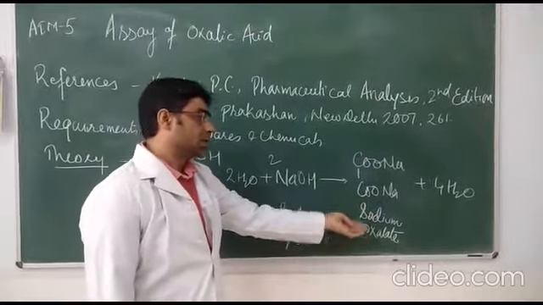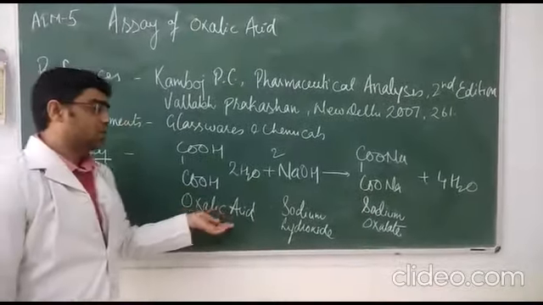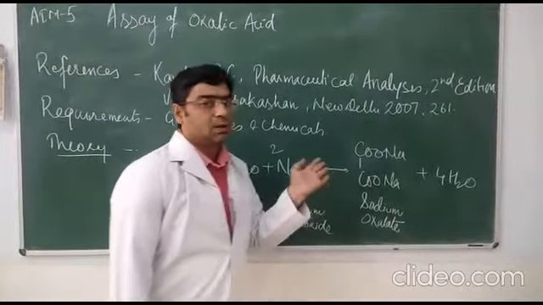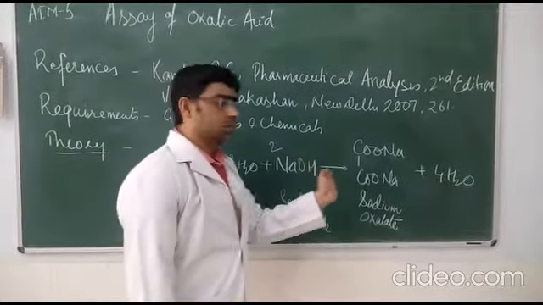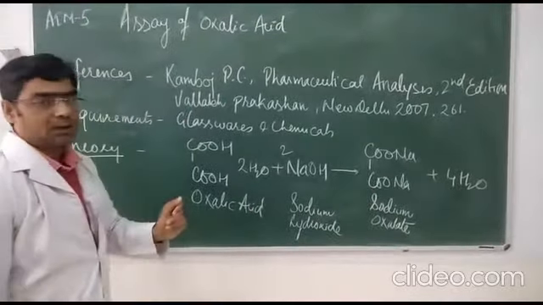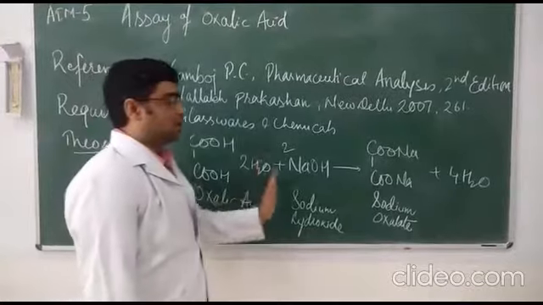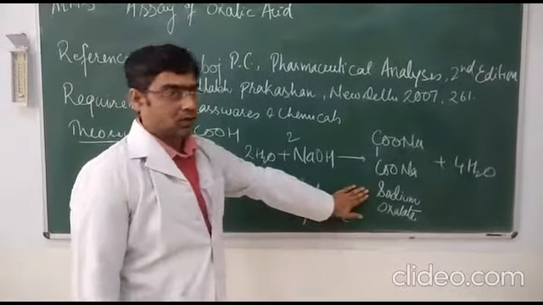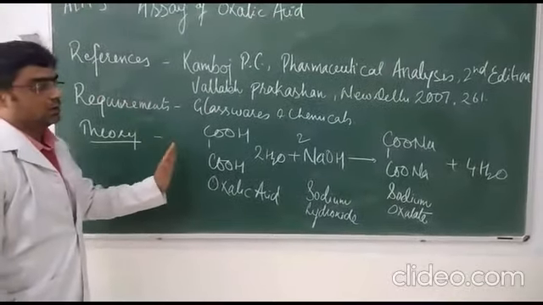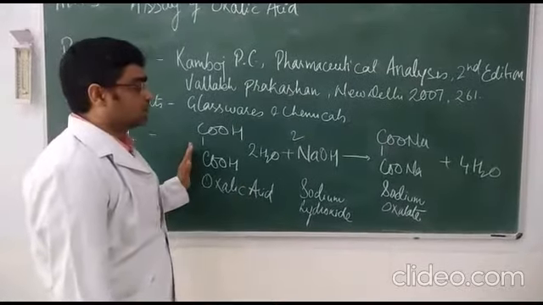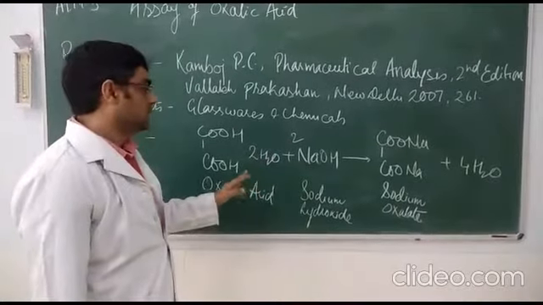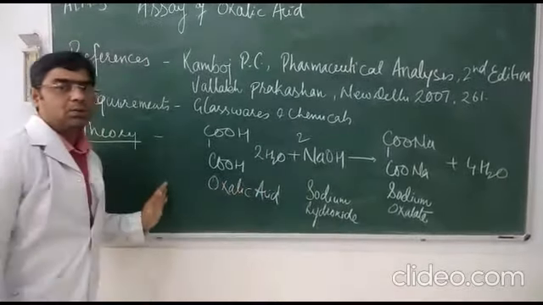is sodium oxalate. So we know that when the reaction between a weak acid and a strong base takes place, the pH will go to the basic side. That is why we are using the basic indicator phenolphthalein here. The reason is that in this case we are going to have a basic salt, sodium oxalate, and this is done to estimate the oxalic acid. So we will use the pre-standardized sodium hydroxide and, with the help of that, we are going to titrate this oxalic acid. Now we will see the procedure, how it is done.